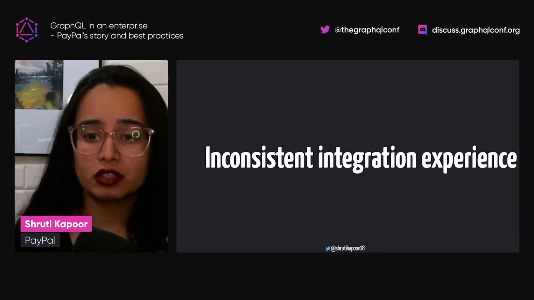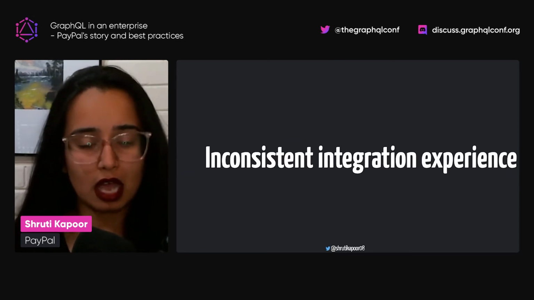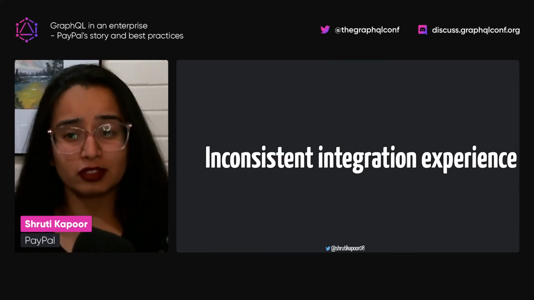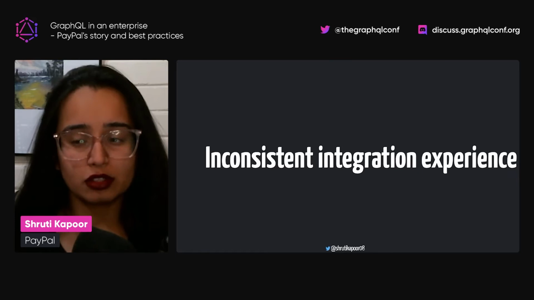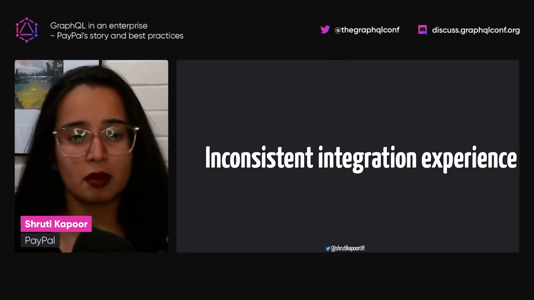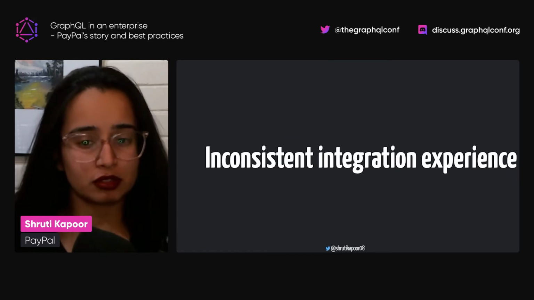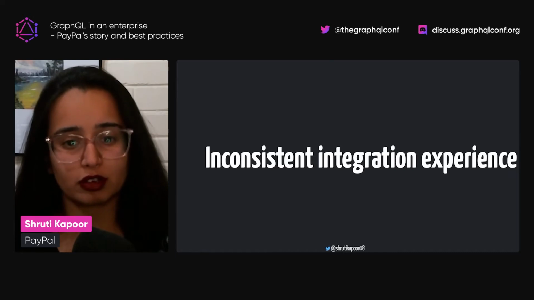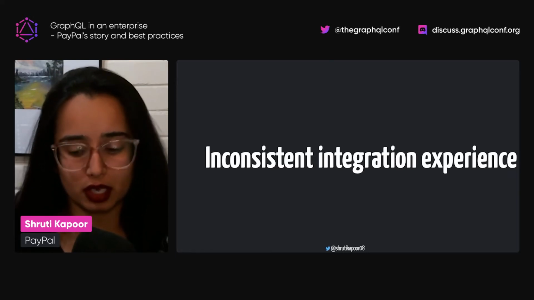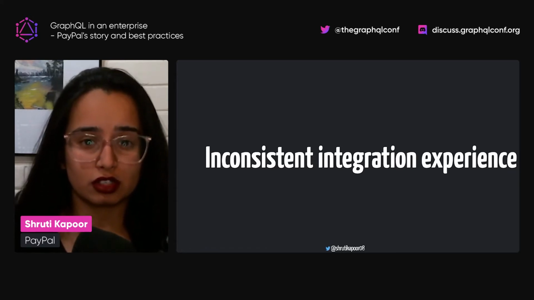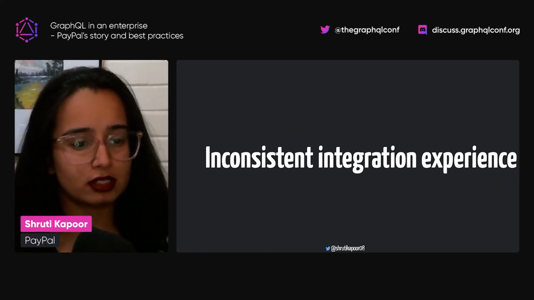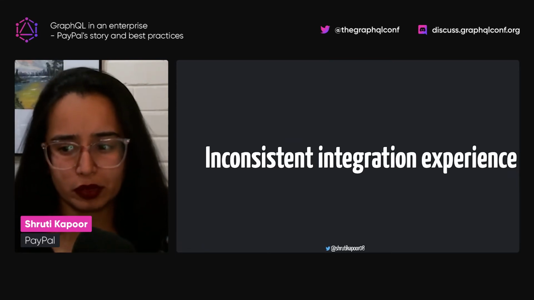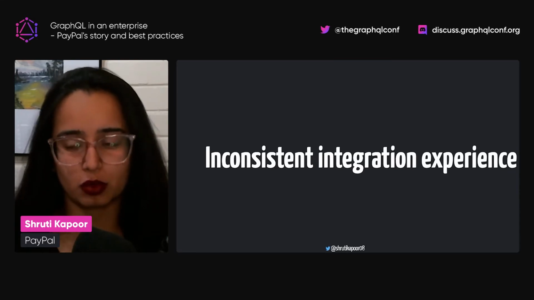Another problem that we noticed was that because our developer APIs were being built by different teams across the board, sometimes even the same field would be named differently. So there was a very different integration experience. Maybe something was called ID in one, and it was called something else in another API. That became really hard for people to integrate across different APIs, because it was providing a very different integration experience. The documentation would be different, and some of the APIs would use a different naming convention. So it became a really difficult experience to integrate with multiple APIs across the board.